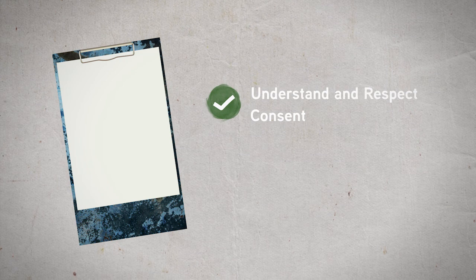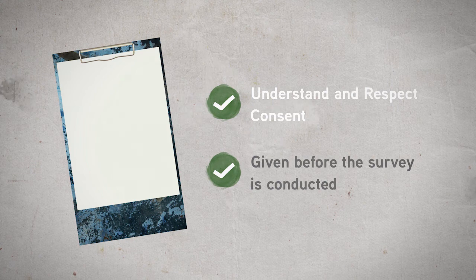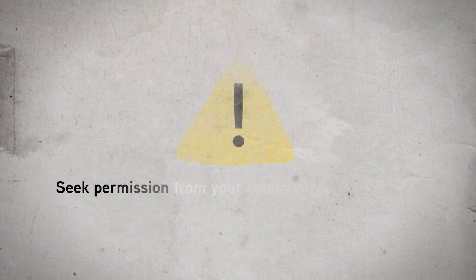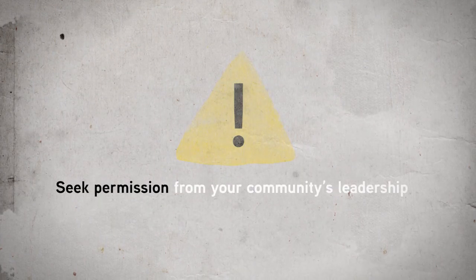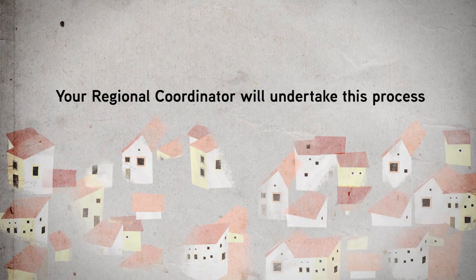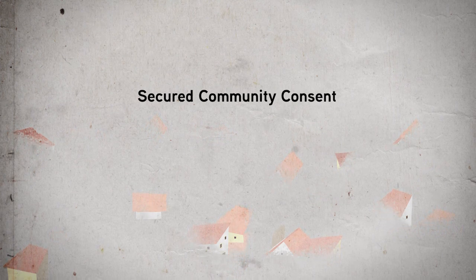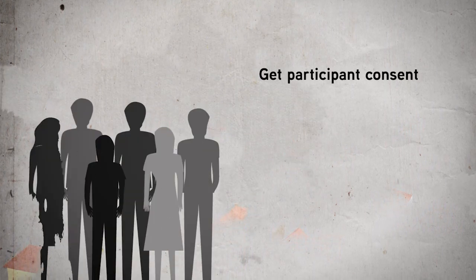Your participant's consent is extremely important, and it must be given before the survey is conducted. It's important to engage and seek permissions from your community's leadership before conducting any research. This is the job of your regional coordinator. They must undertake this process with the community in advance. Once they have secured community consent, it's your job to get participant consent from each individual selected to take part